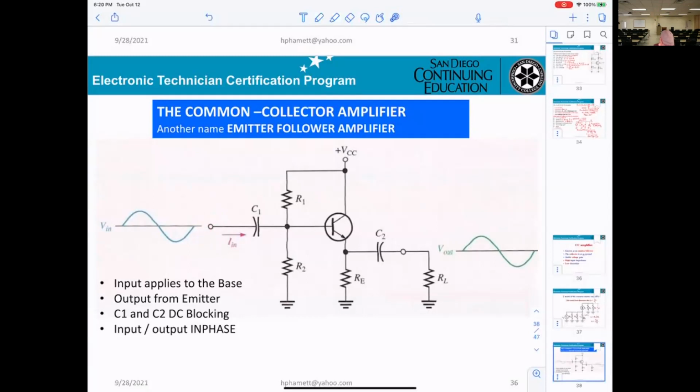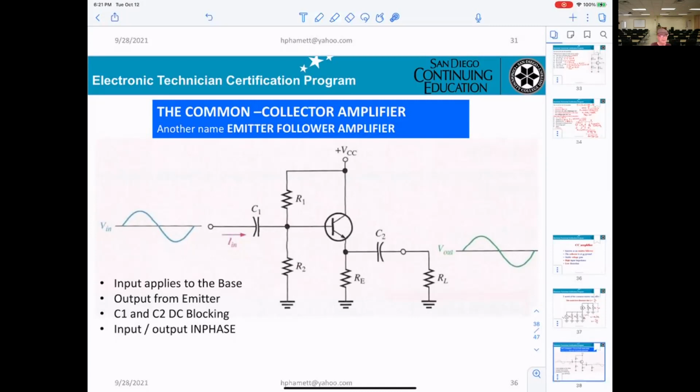Okay, this is input applied to the base. Output will be coming out from the emitter. Okay, right, no bypass capacitor. You get C1 DC blocking, AC coupling. Same thing for C2. So when you're looking into the circuitry, if you see input applied to the base, output from the emitter,